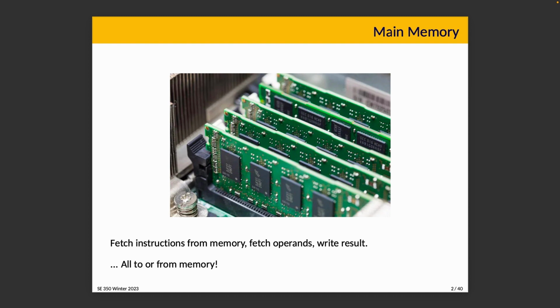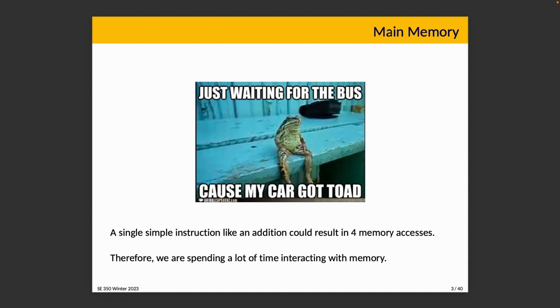Right. Now, in executing an instruction, as we discussed quite a while ago, the CPU fetches instructions from memory and decodes that instruction, and depending on what the instruction is, there may be associated operands. If we need operands, say add A and B to produce C, we have to go get A and B, so we're going to get them from memory. And then after the operation is completed, we're going to write the result somewhere, most likely assigning the variable C based on the calculation that we just did. So that's another interaction with memory. Everything that we do is going to involve memory, and we're going to be interacting with it quite frequently.